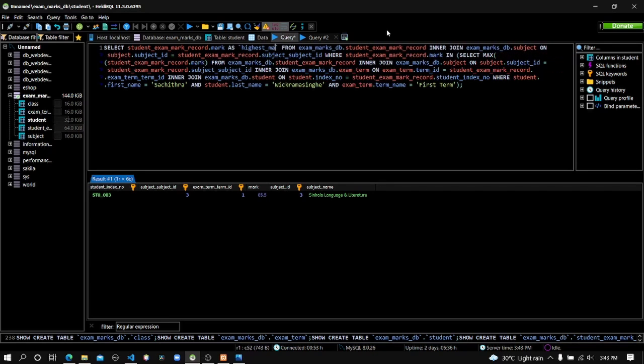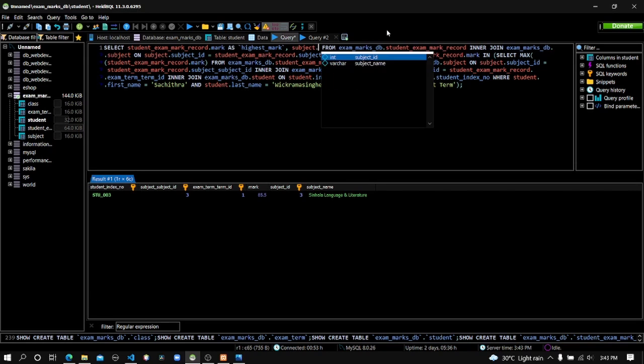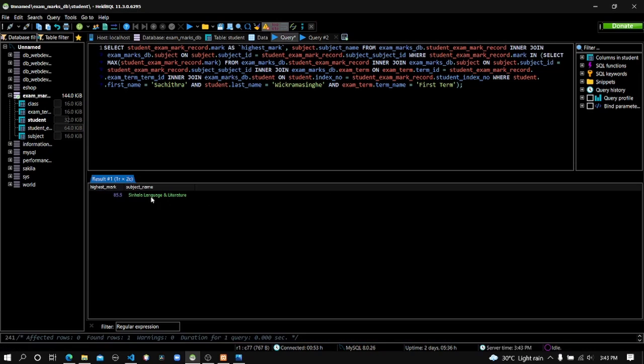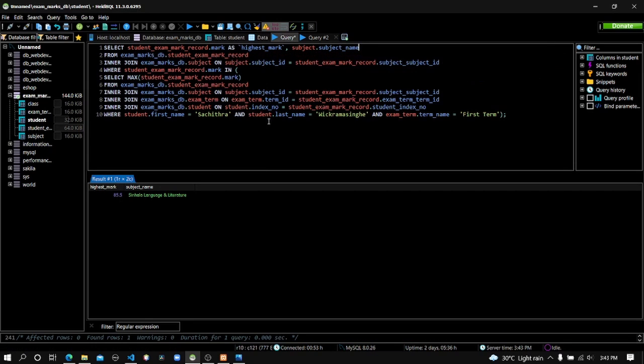Highest mark, and we have to separate these two attributes using the comma. This is the subject name in the subject table. Okay, let's execute this one. Here you can see this is the highest mark and the subject name, and this is the query we use